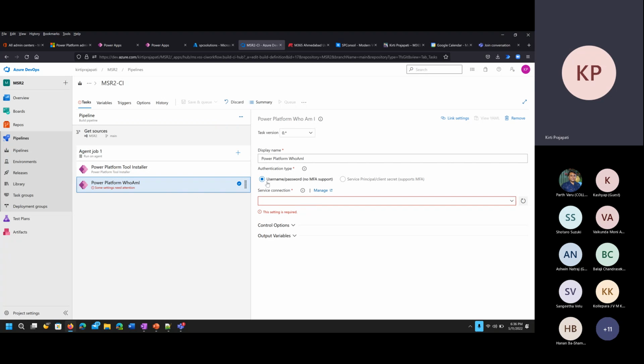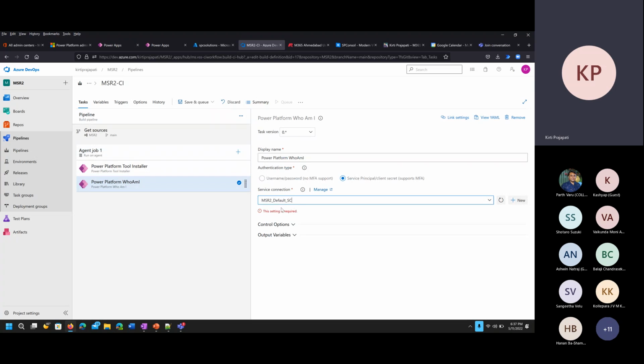Now here you will have two options, one for the username and password and one for the service connection. But for this demo, we'll go with the service connection because we have already created that service connection. So just click on this drop down and you will be able to see whatever number of service connections you have created. So for this project, we have created one so far, and that is for the default environment. So just click on that, and the rest of the properties for this control, let's keep as is, and then click on save and queue